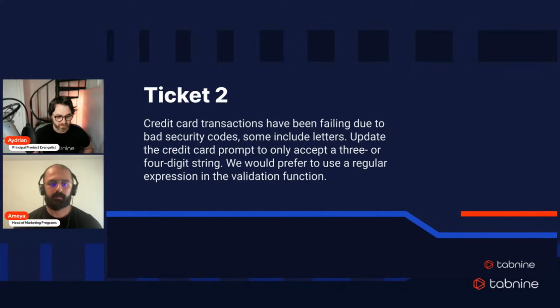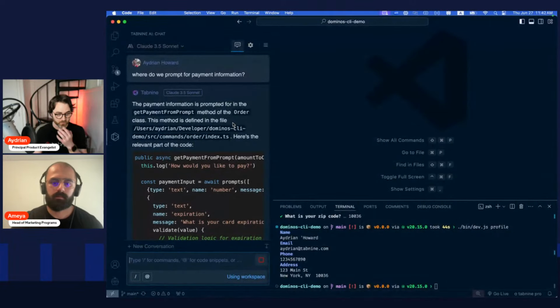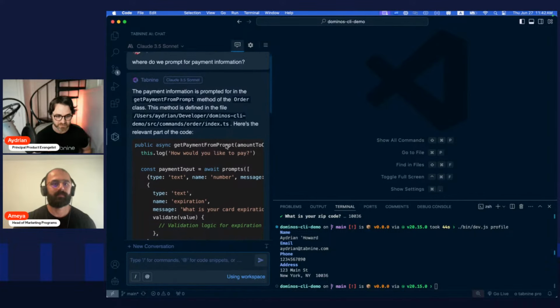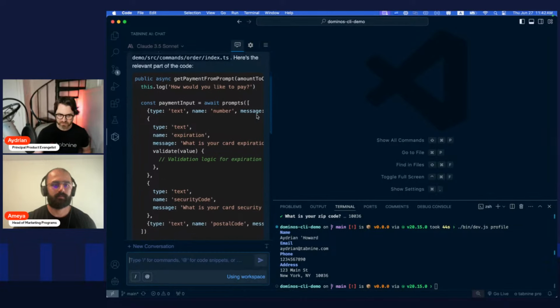Oh, cool. The payment information is prompted in the get payment from prompt method of the order class. Oh, did we not switch over? Sorry. Yeah, so in the order class, this method is defined. So here it is. And here's the relevant part of the code.